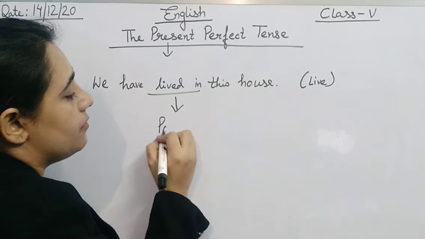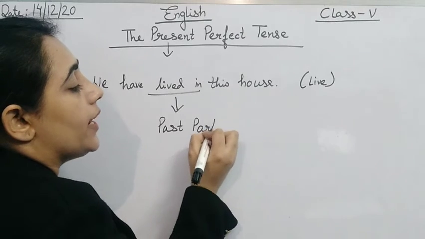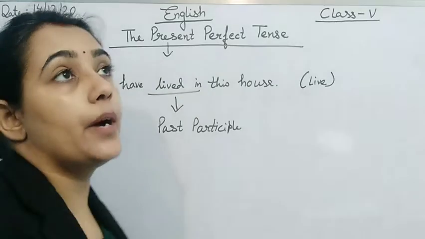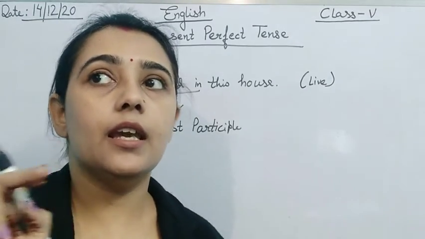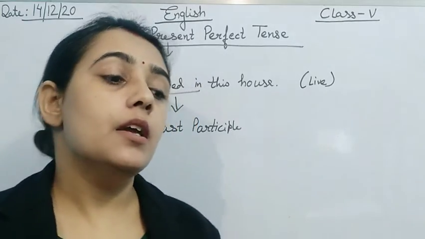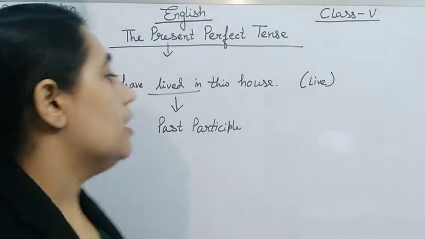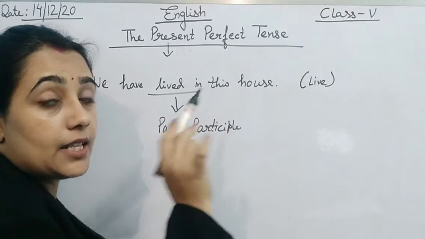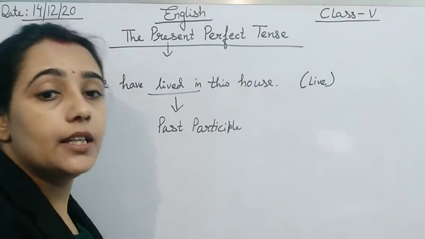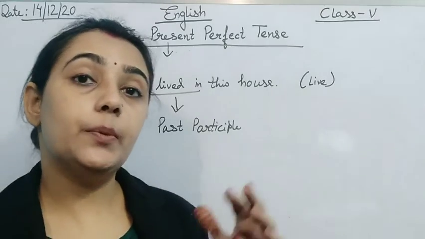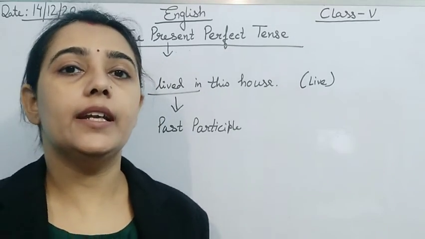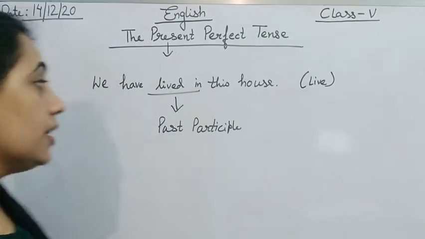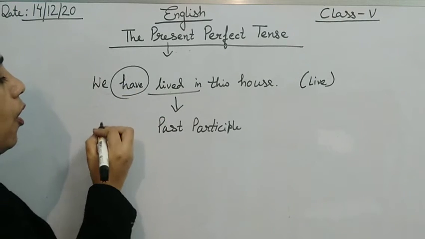You can say past participle. When I was explaining this chapter, I have already said past participle means ed, en added to the base verb. That is making the third form of verb. So, where do we use the past participle? In present perfect tense, where the action has already been done in the past but is showing its effect at present. For showing the present effect, what are we using? We are using have or has.